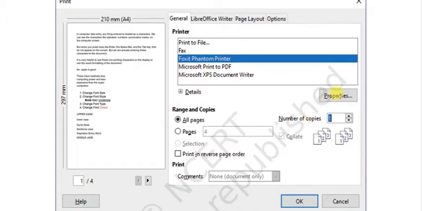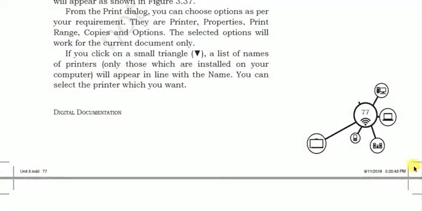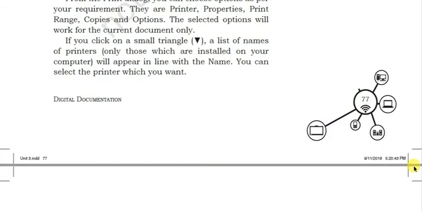You can have the properties of a printer. You can change it. You can print all the pages, a fixed number of pages, a selection. Okay, you can change the number of copies, and you can also print in reverse page order. Okay, so these are the options that are available to you, and using it you can have a good printing experience.